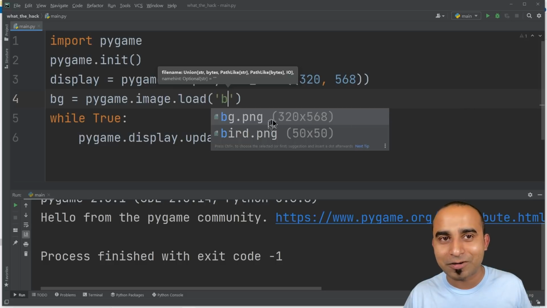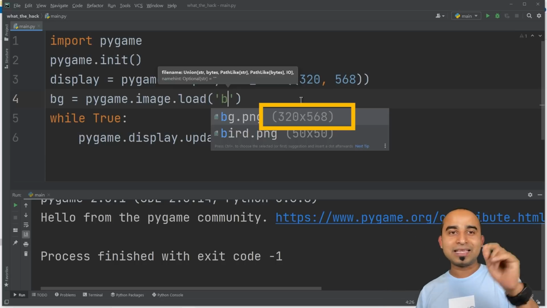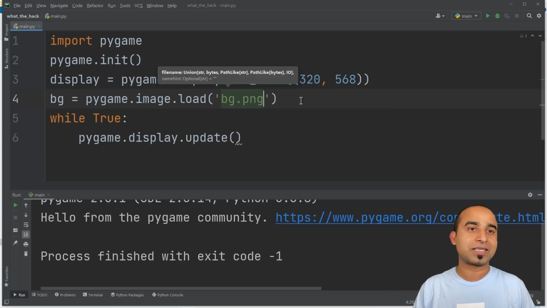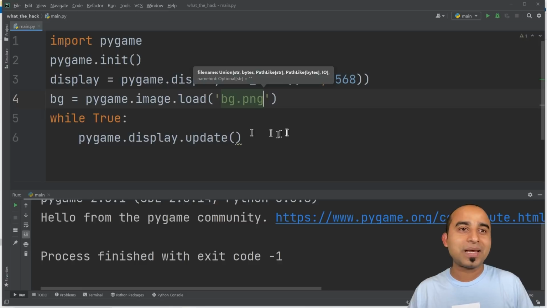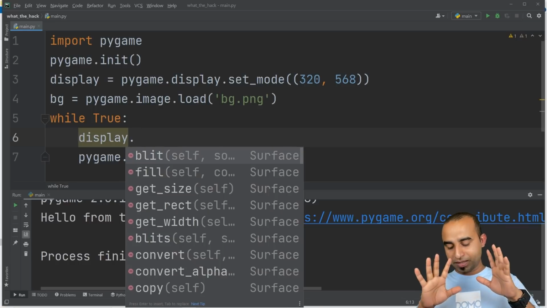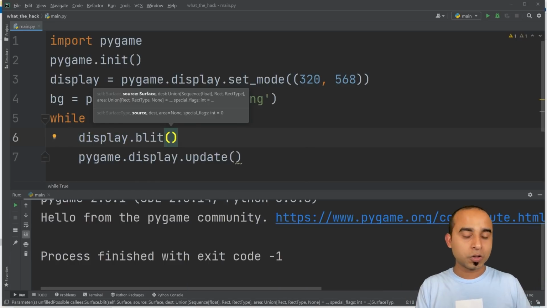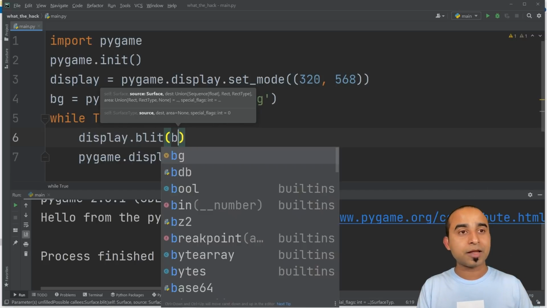And you see the background dimension is 320 by 568. For that purpose, we want to make our display this size of 320 by 568. So once we have this image, our next step is super easy. We can call the display's block transfer. That means you need to transfer some images. And here we will do so, and the first thing we will provide is the image, which is busy,